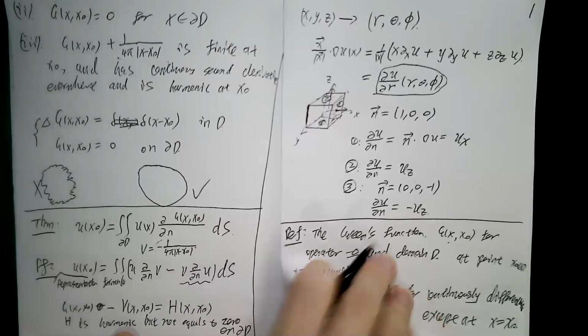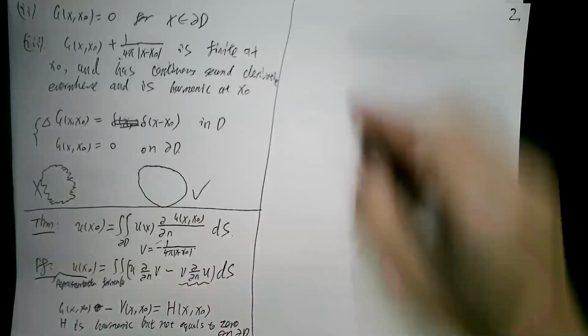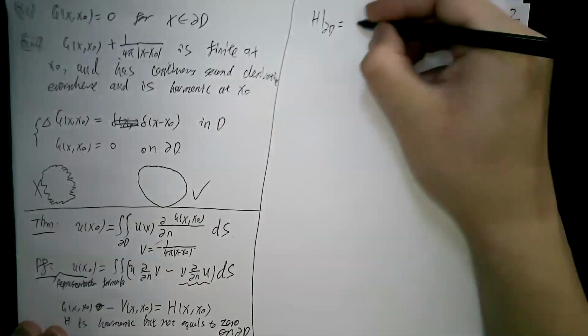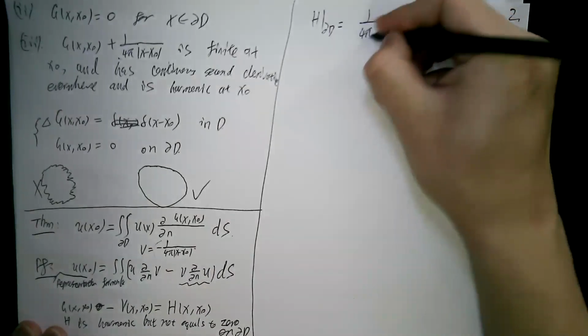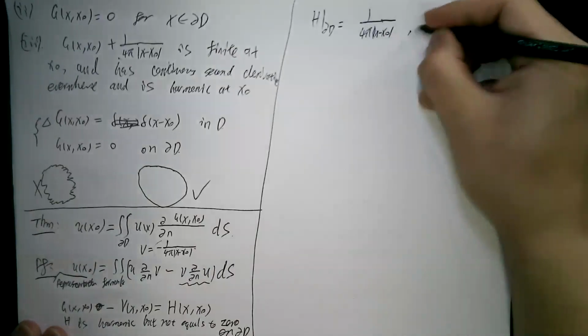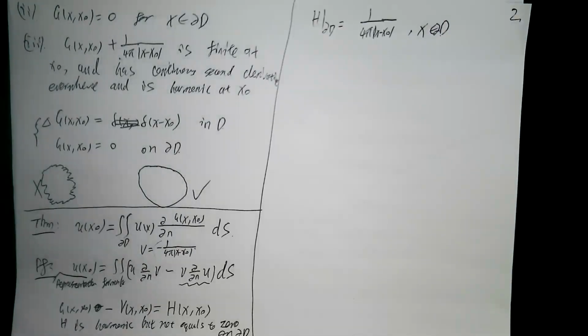Actually H on the boundary equals 1 over 4 pi |x minus x0|, for x on the boundary. H is not so nice, but